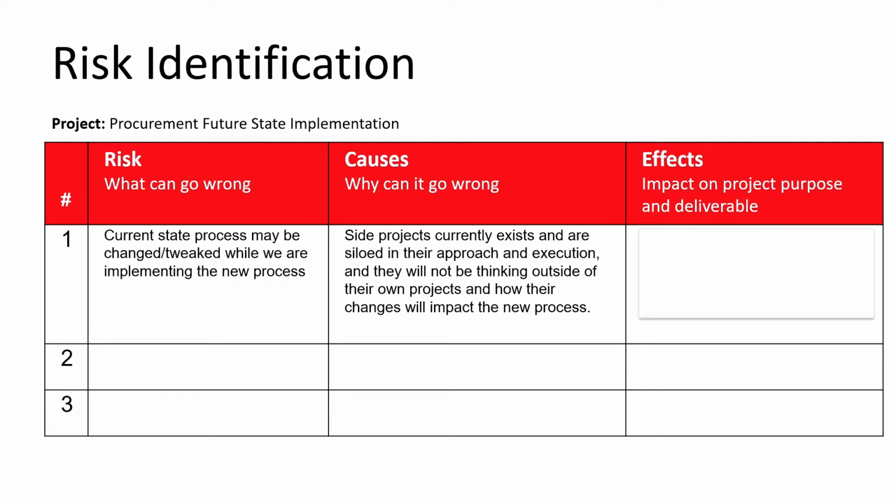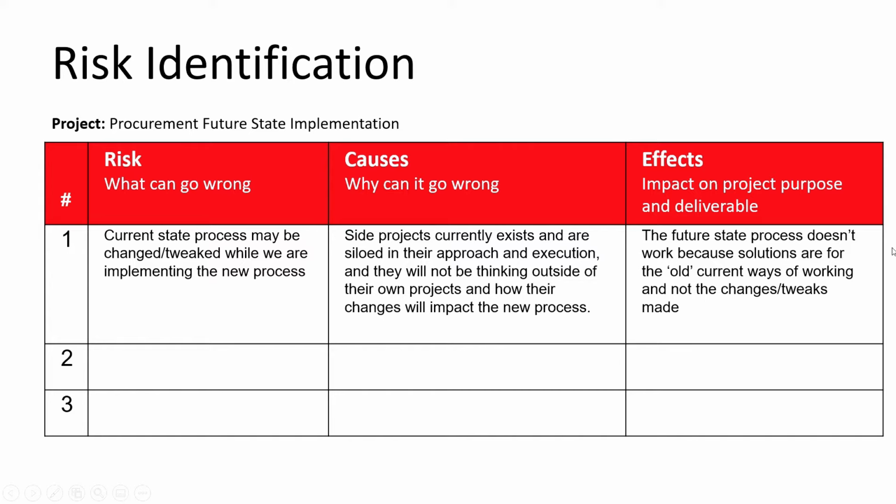Now, here's what's really important with your risk identification, and that is the future state process does not work. And this is the effect if it should come to fruition, because our solutions are based on the old, quote unquote, current ways of working. And because of all the tweaks and changes, which is the cause of why it can go wrong, we're unable to implement our future state that we've created because the old ways of working don't exist anymore because there are new ways of working, and what we're implementing is not addressing originally what it was meant to address. So that's a huge